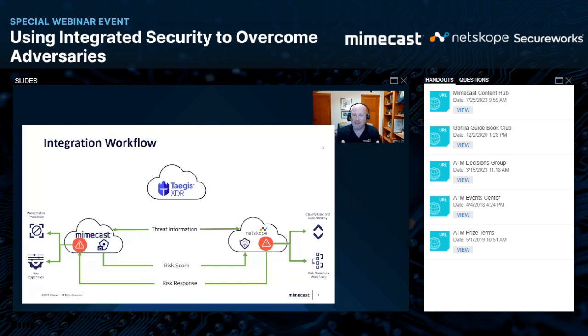And then what we want to do is get to the point where we can create that single aggregate or superset score that says, okay, hold on, everybody is saying, I'm going to pick on you, Joe, this time. Joe Tibbetts is the problem, right? We figured it out, and Mimecast said it was a problem. Oh, and by the way, Taegis figured it out too. We've done all this correlation. Your score is high right now. That's great. That's really important. But without taking action, it kind of falls apart. So the next step is trigger response.